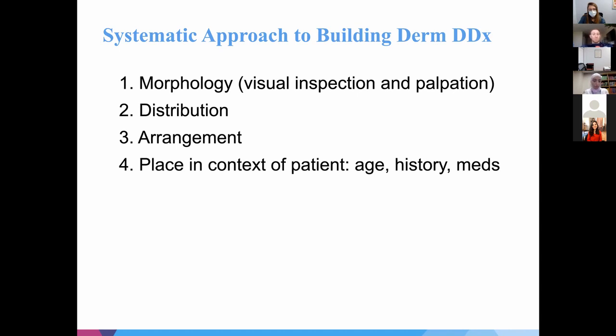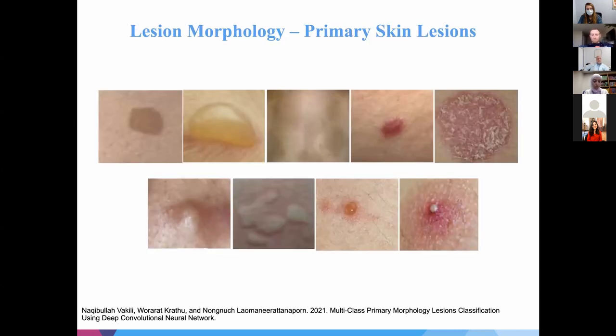But it's also important, with what I just said, to realize and acknowledge that a lot of these classic descriptions that come up in exams are very much biased toward the appearance of rashes on white skin. And especially in New York with our population, it's particularly prudent to be aware of manifestations of common diseases in skin of color as well, and in skin with darker pigment, because it's not going to be like the classic textbook things that we're used to. So these are the primary skin lesions, and they're unfortunately not